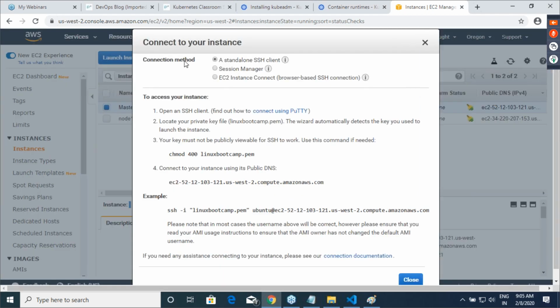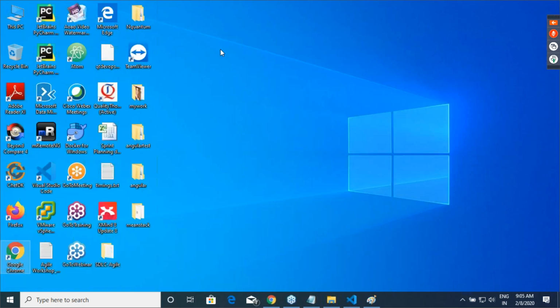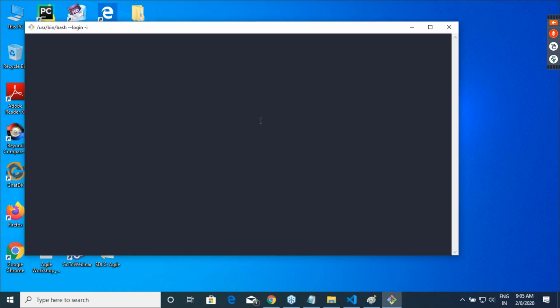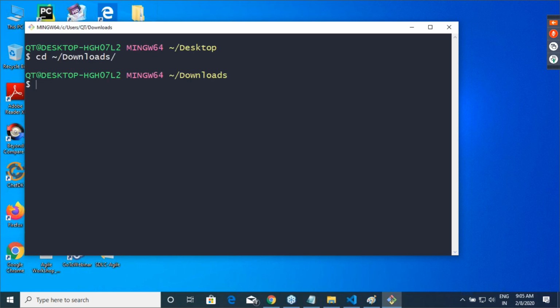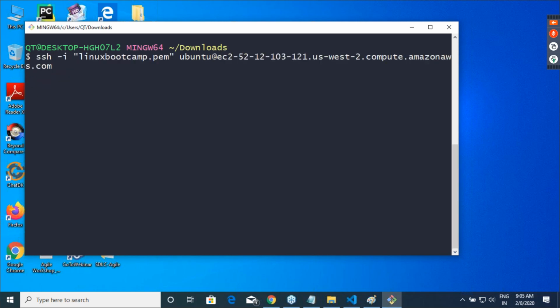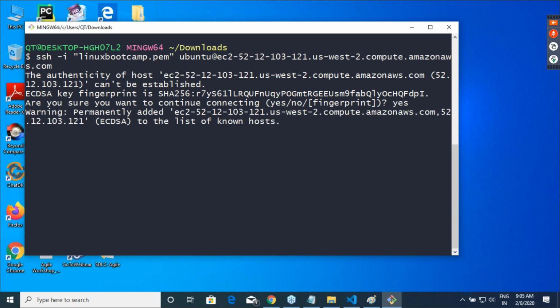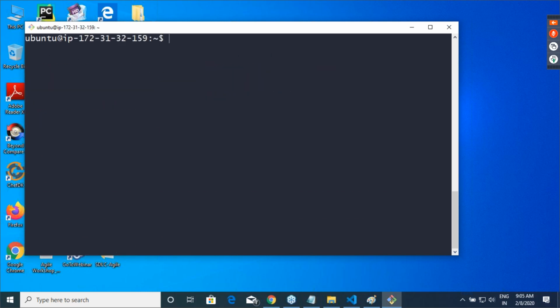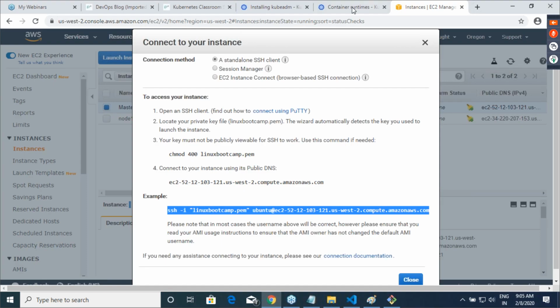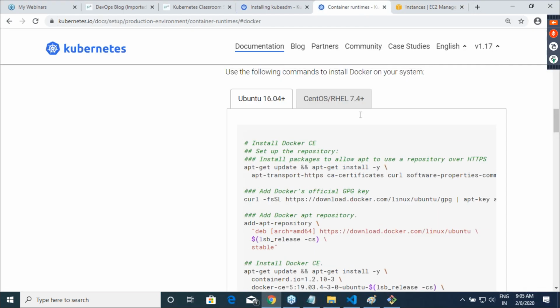Shall I log in into the master and install Docker there? Yes. Fine. So I'll go to this page.